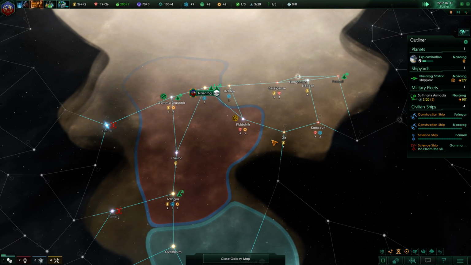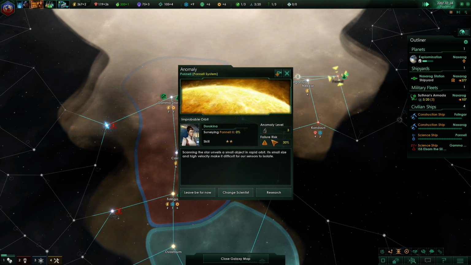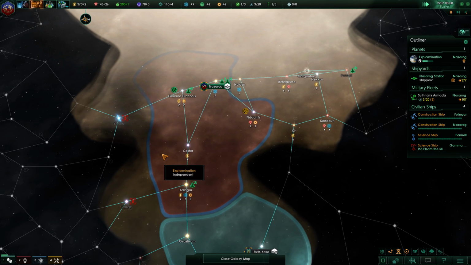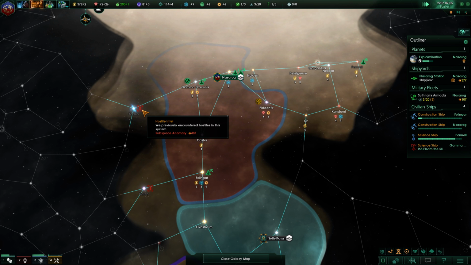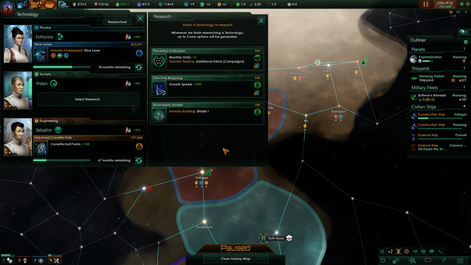Yeah, we're kind of snapped in here a little bit, aren't we? Anomaly detected. We really can't push anywhere without clearing out some of these space anomalies. Obviously, the space anomaly was 700 or 487 is where we want to go. That's fine. Growth speed is...